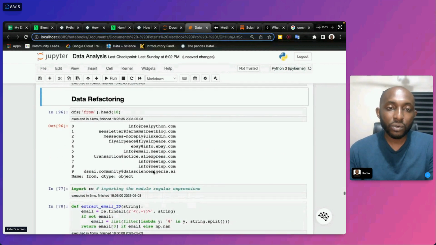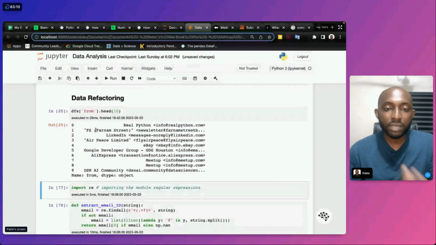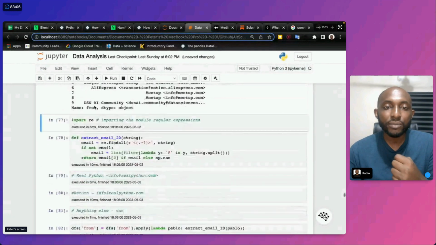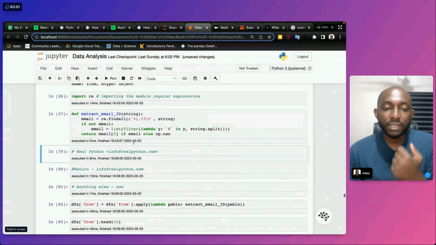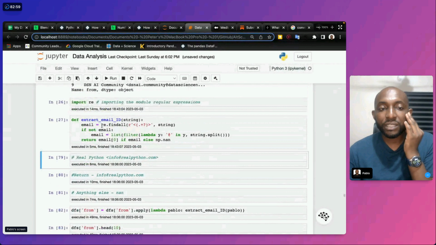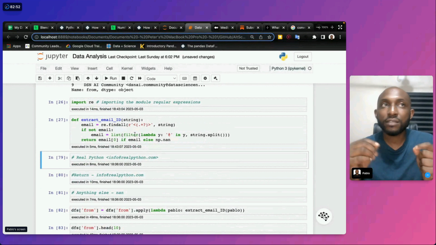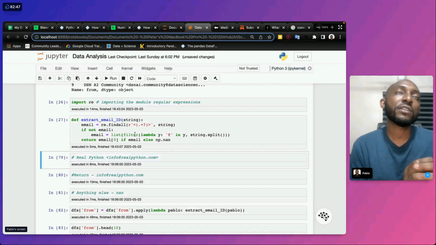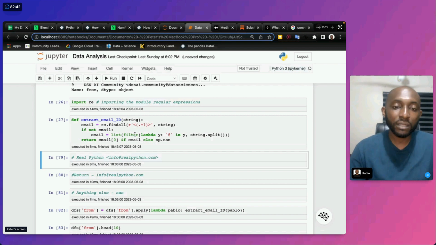Now, again, we are looking at our from data, and we see that it's all over the place, and we just want to extract just the emails. We imported regular expressions, and then we created a function that extracts different tags, and finds, in the midst of all the tags, something that we're looking for.